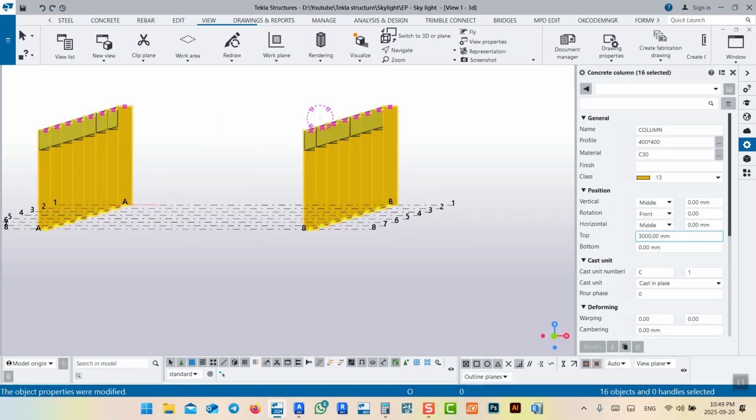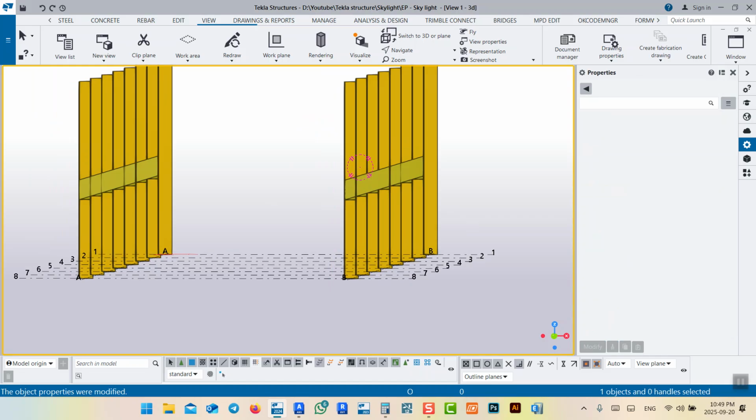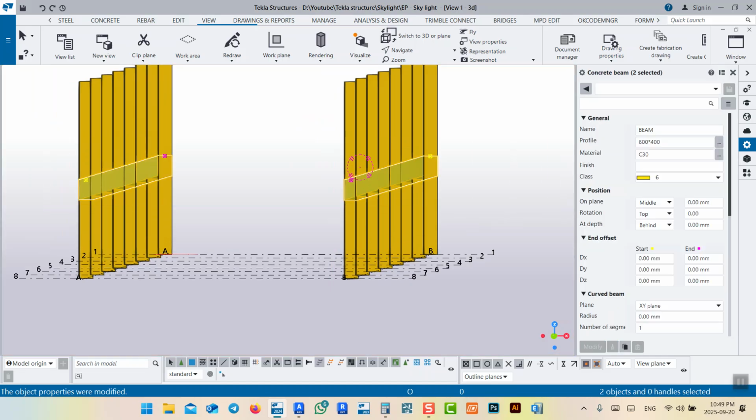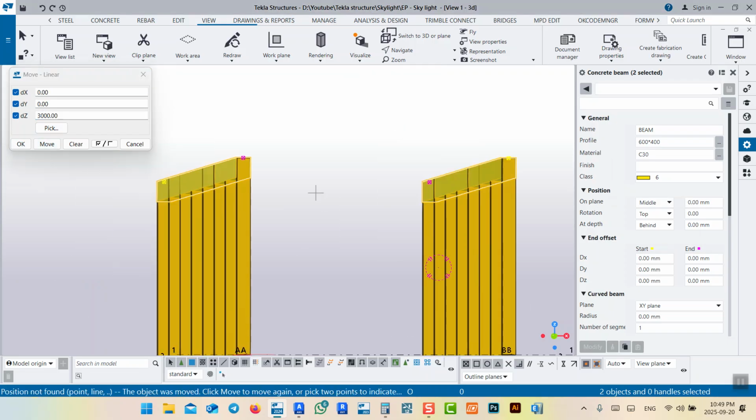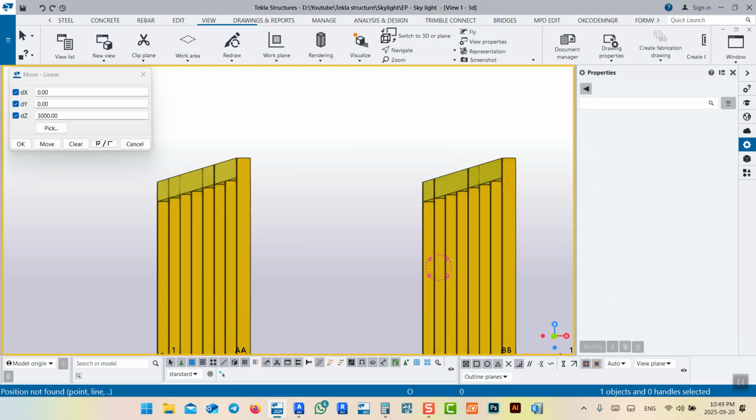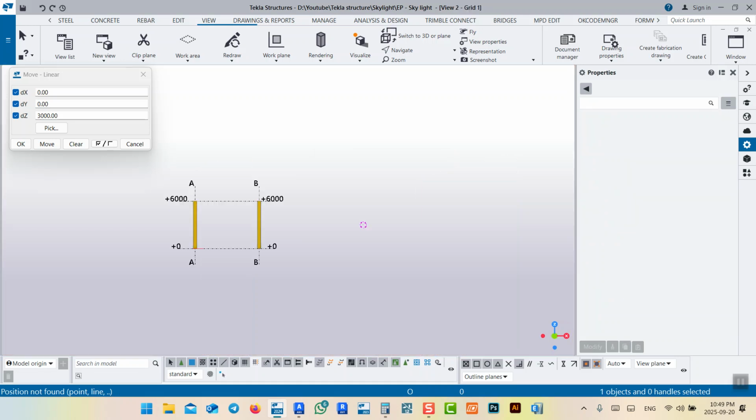I will select all of them and make the height 86 meter, and I will move this beam also. I can move it with 300 or 3000 millimeter, just like this. And after that I will go back by pressing Control Tab, go back to grid